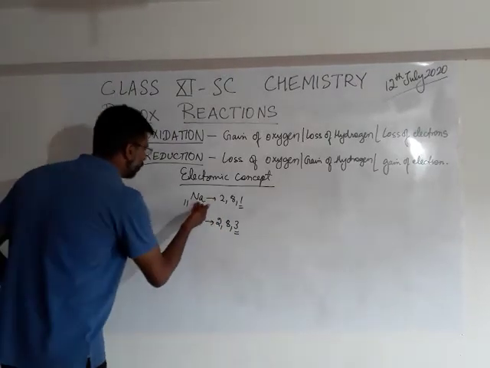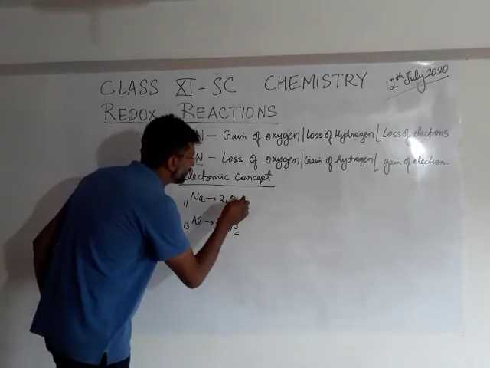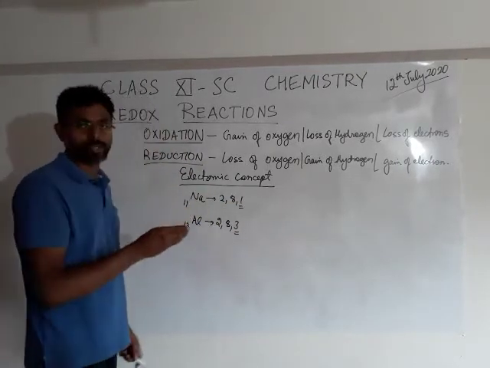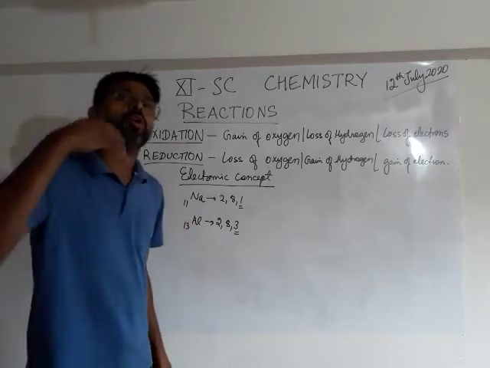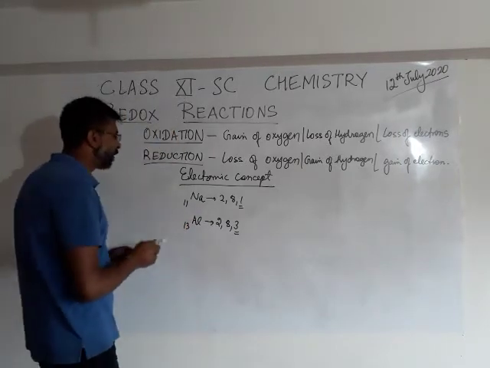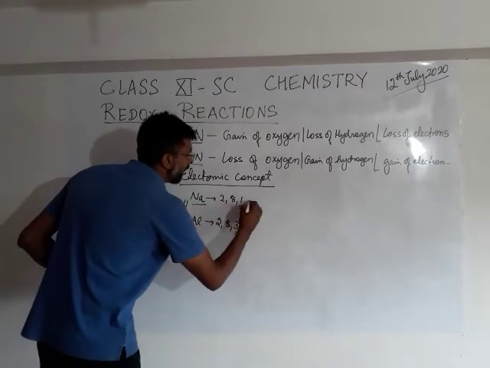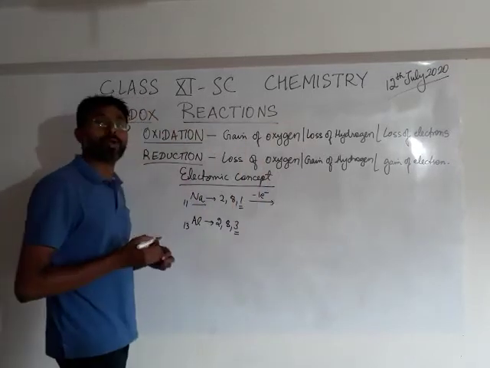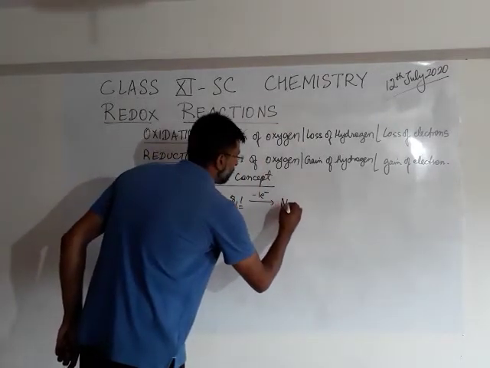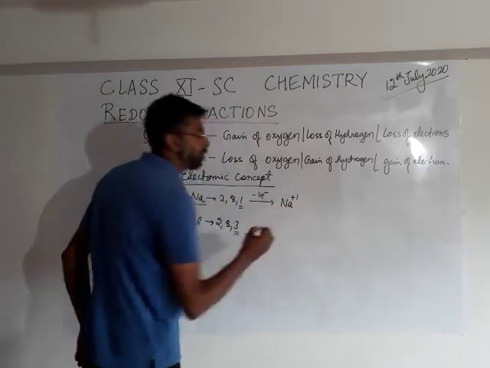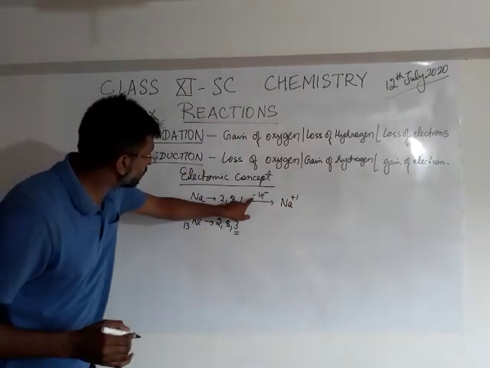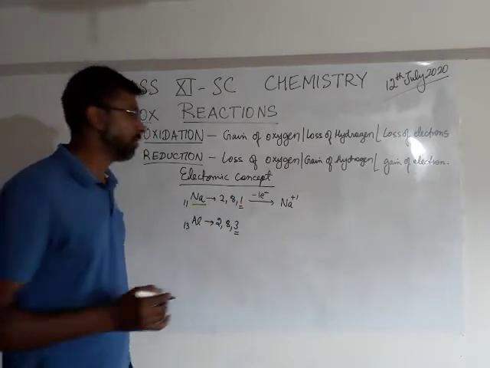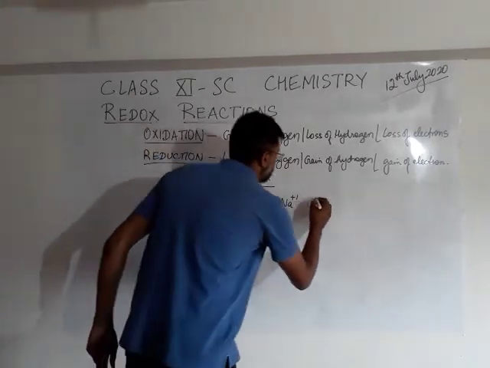So here, sodium and aluminum, since they have 1 and 3 electrons in their valence shell, are metallic in nature. Metals have a tendency to lose electrons. That is why an atom of sodium can give away one electron and become the sodium cation, Na+, the sodium ion. So here you can see there is loss of one electron. Loss of electron is oxidation.